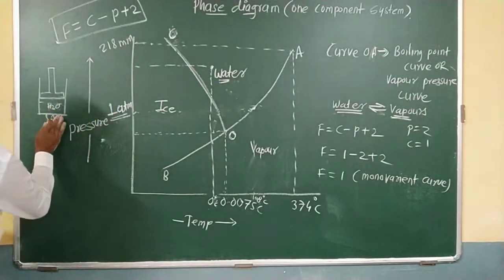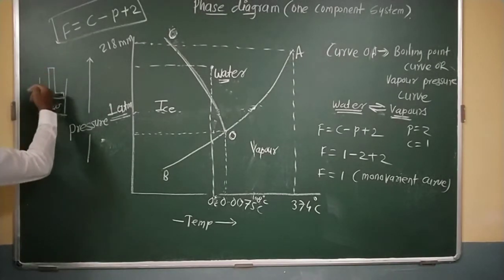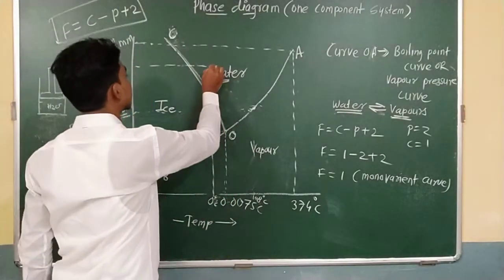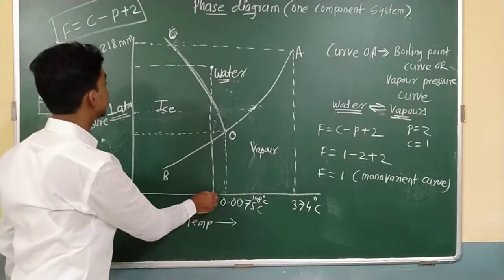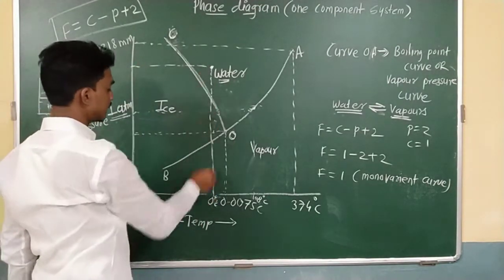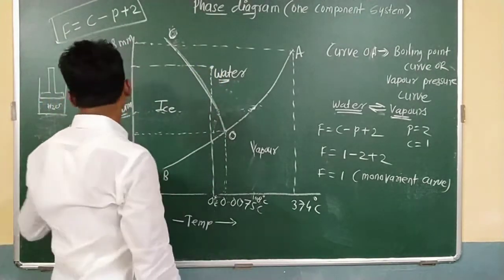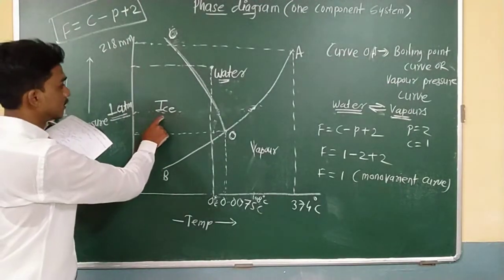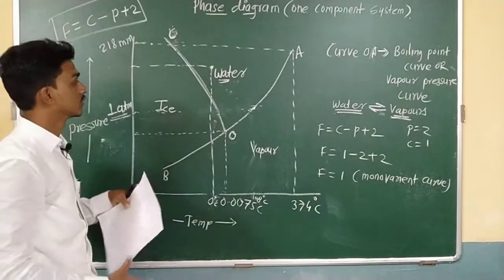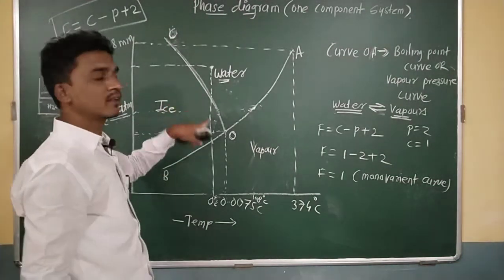Temperature is constant, and the ice gets converted into liquid. At 0 degrees Celsius, I am increasing the pressure, and at a certain point the solid ice gets converted into liquid water. So from this diagram, we can predict